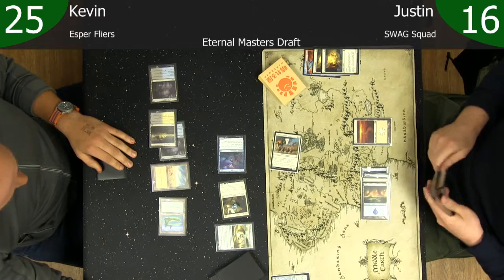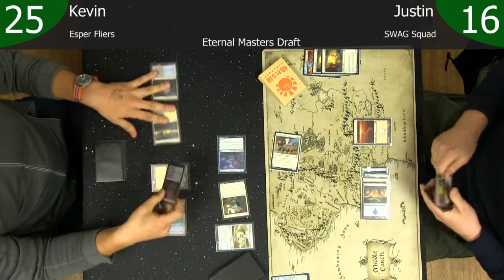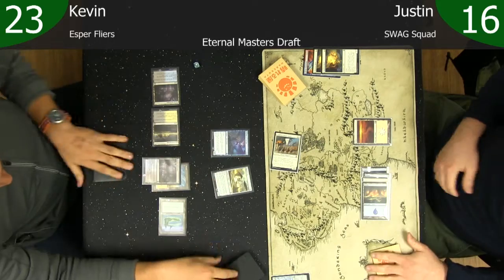That's all he can do. He cannot block any of the flyers on the opponent's side, so... Passing the turn back to Kevin. I'm going to untap with his creatures. Yep, Kevin's going to go up to 25 with the trigger from the...